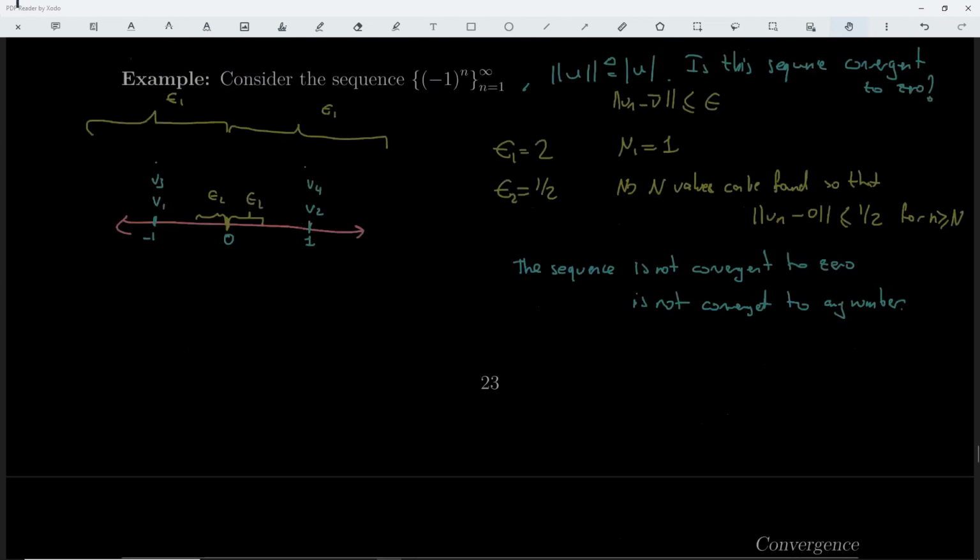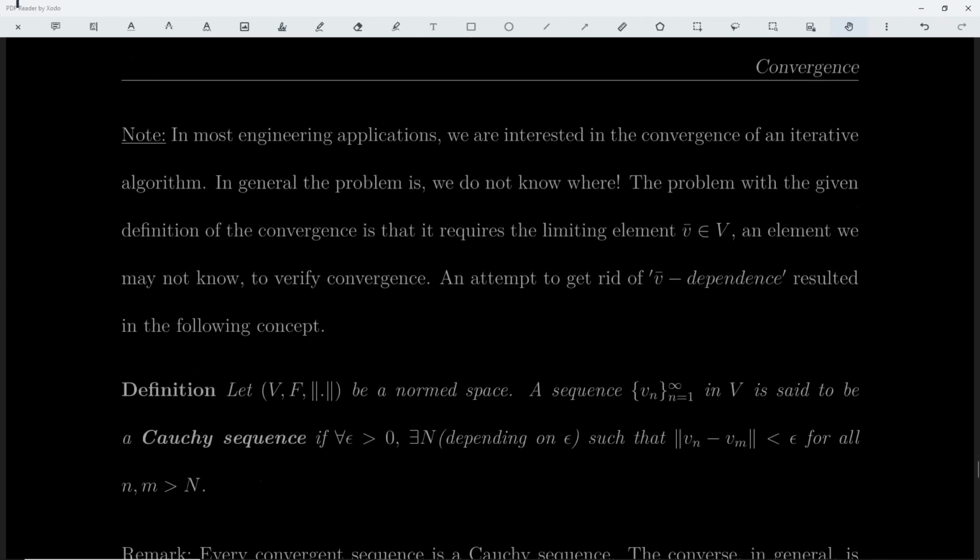Exactly. And later we will come to that, because the next definition will save us from that definition, the converging value. In many cases, it might be difficult to find that limit value. So there's another form of definition which is similar to convergence, but not exactly. That definition is the Cauchy sequence. So I will talk about that right now.